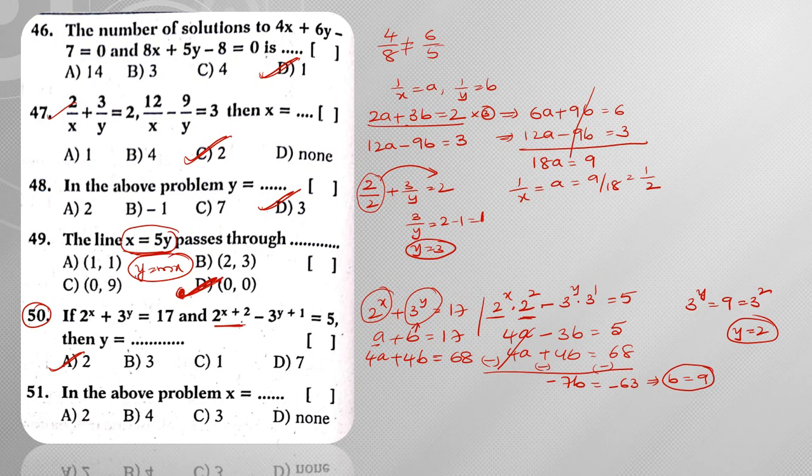So when I substitute y is equal to 2 in this, what I am going to have is 2 power x plus 3 power y, meaning 3 square. So 3 square is 9. So 9 plus 2 power x is equal to 17. When I transpose, I get 8. So 2 power x is equal to 8. 8 can be written as 2 power 3, so on comparison x is equal to 3 is my answer. Hence x is equal to 3, right? So in these types of questions, you need to change the form using the concept of laws of exponents, right?